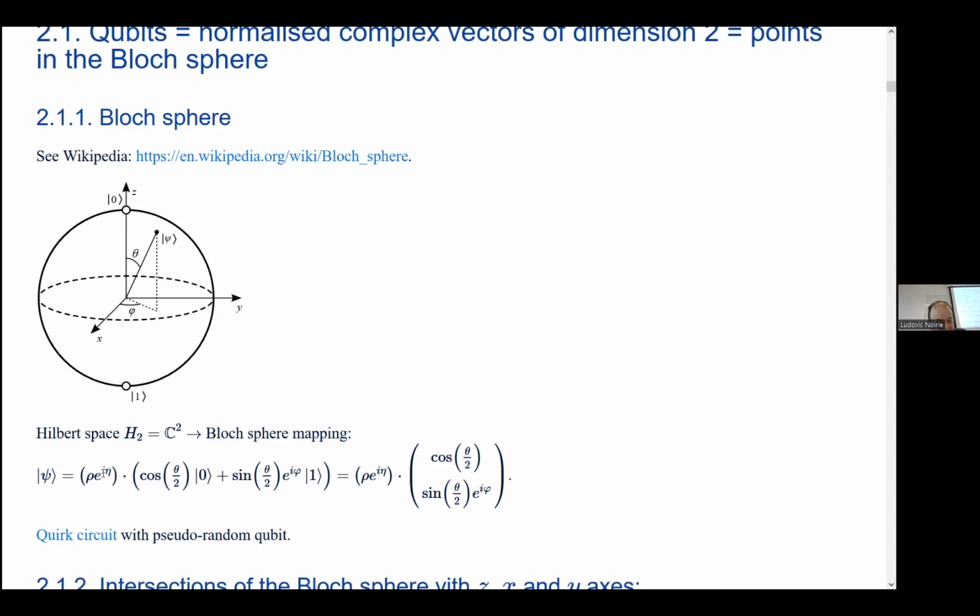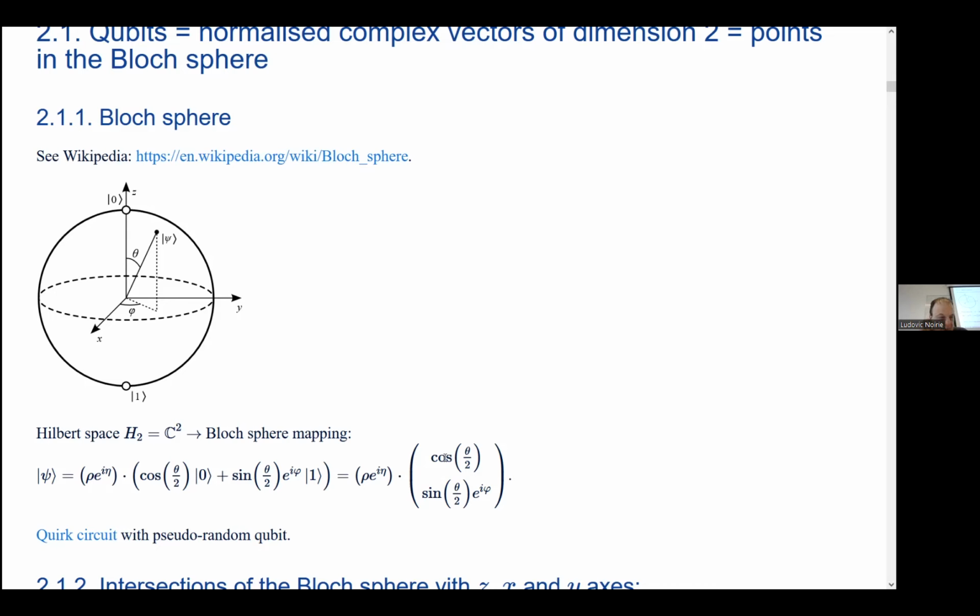What are the lines within this vector space? The projective space, for those who know, is the set of lines in a vector space. So what remains when we remove the global amplitude factor and phase factor? The first coordinate is without phase.